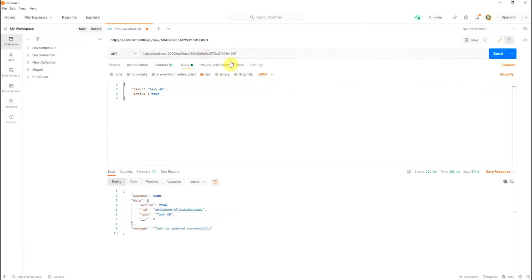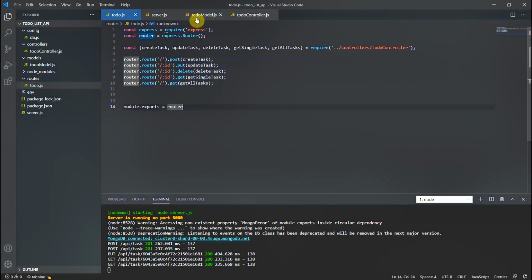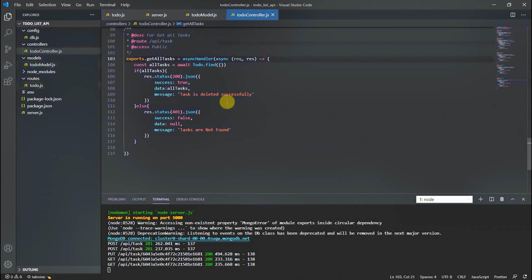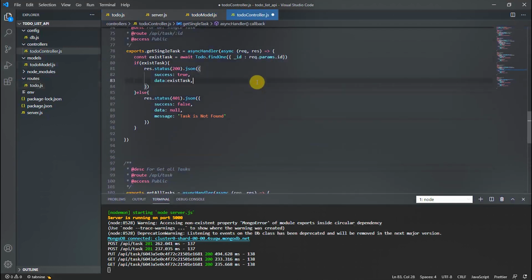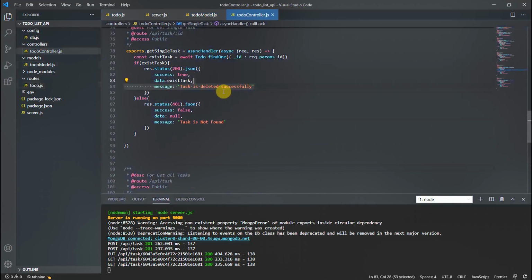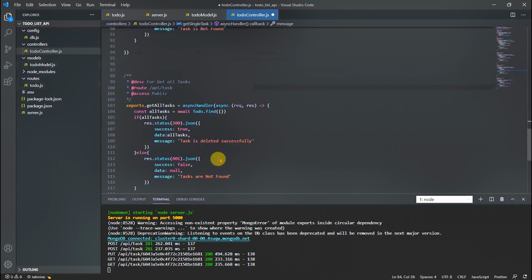Now you can call this, we will get this task. What is happening? Go to the controller. Sorry, this message should be "task is fetched successfully", and this message should be "all tasks are fetched successfully".